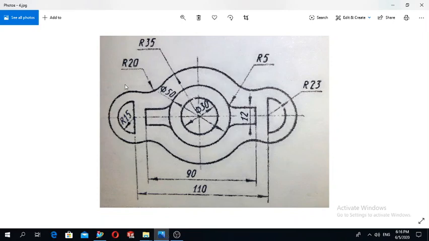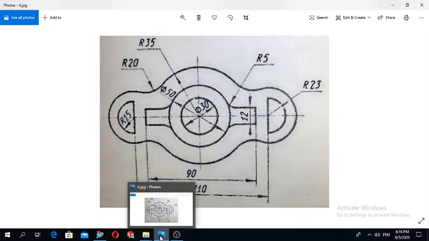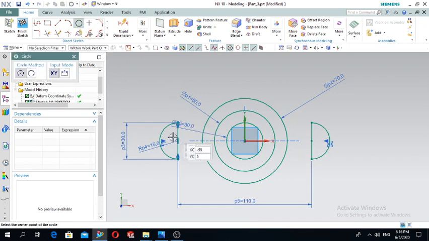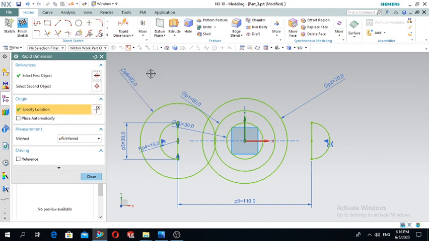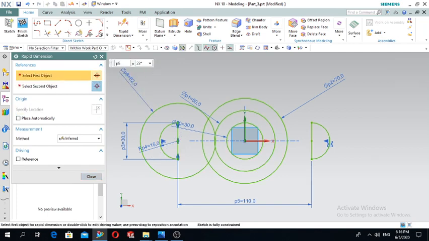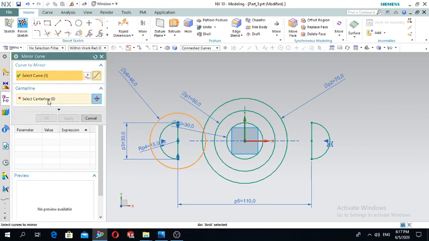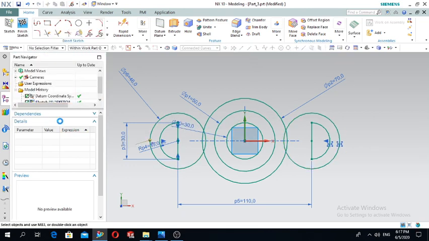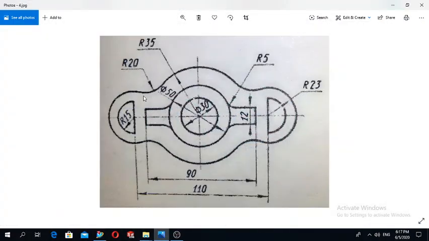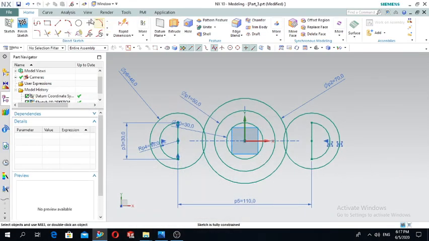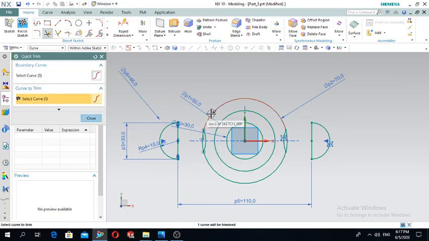Next is draw these two circles with the radius of 23. Radius is 23. Now diameter will be 2 times. So let's make it mirror along this center line. So let's connect this with the radius of 20, fillet this, and sorry,